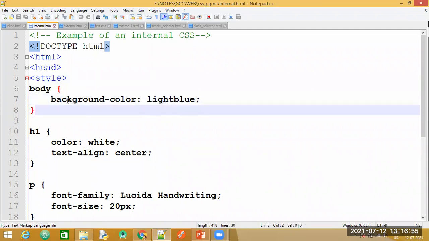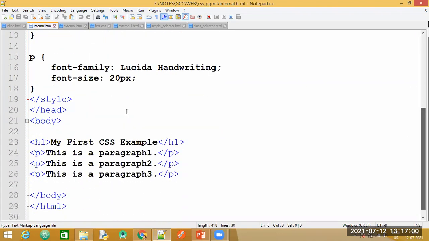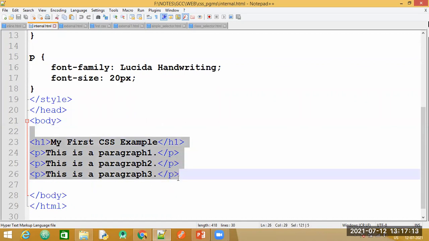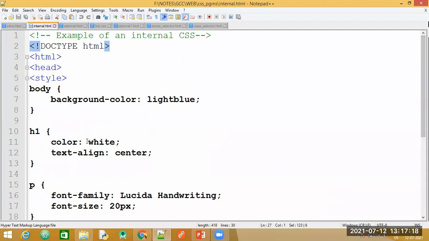So how does this work? Body element. Let us scroll down. Now this CSS will match here. For this particular tag, that effect, background color blue, is going to be applied. If it is applied for the body, it means it will apply for all the elements that are present inside our body tag. Next, I have a heading tag in my HTML, and for that H1 tag, I want the text color to be white, and I want the text alignment to be center.